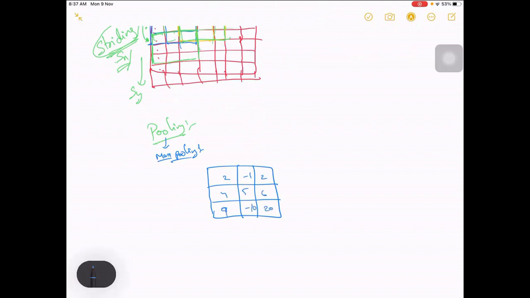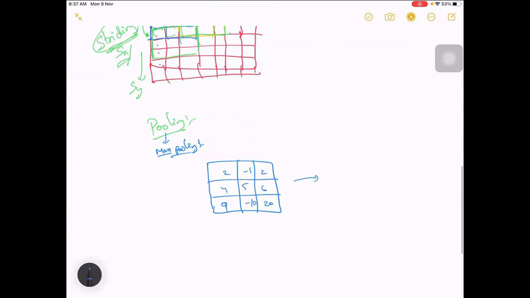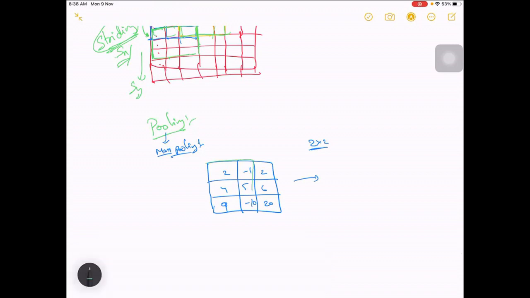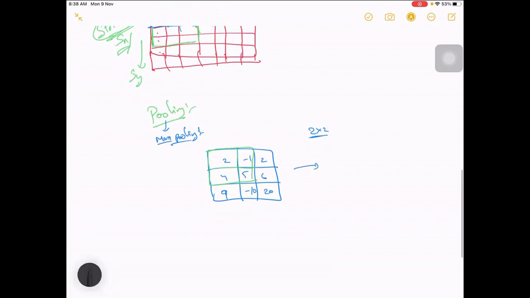With these values, we can keep a window again. If you want a 2 by 2 as a max window, it will run 2 by 2 times. So 2 by 2 is this, right? And then next it will run again. Let me write it in dark now. So this will be the second 2 by 2. This will be the third 2 by 2. And this will be the fourth 2 by 2. It will actually create 4 windows finally.